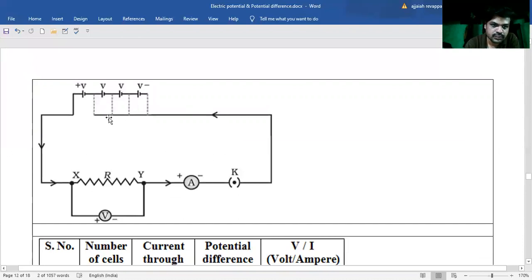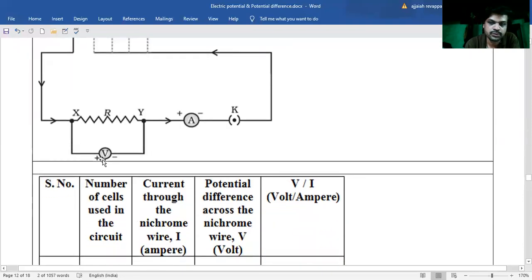Listen here. So we connect the first cell here. Think these 3 cells are not connected. Fine. So now if you switch on, so when you are doing connections, the switch or plug key should be open. After the connection is over, you have to switch on. Now current starts flowing, of course, electrons start flowing from this end. Current is from positive to negative. Fine, that arrow mark is shown. What are you supposed to do now?